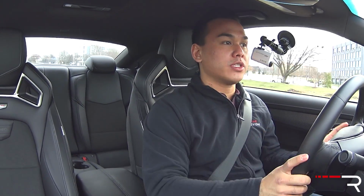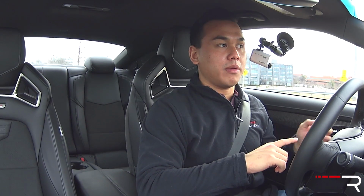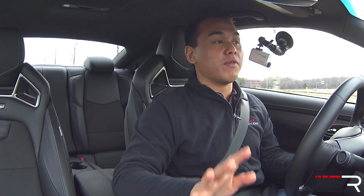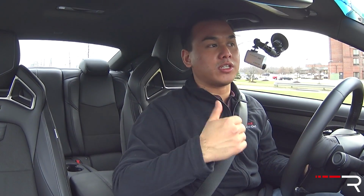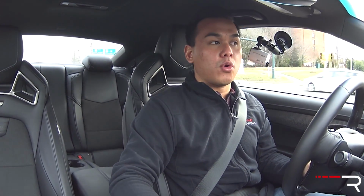But I would go for this car with the luxury package. That gives you the upgraded Bose audio, the HID headlights, the navigation system. I would also add the carbon fiber package because I like the way it looks with the front bumper, the rear extension, the side sills. The Recaro seats, they're worth every penny of that $2,300. Now, my tester is about $76,000. Equip it the way I'm telling you, and I'd probably go for a sunroof as well, as that's $1,000. It'll be around $78,000, which makes it roughly about as expensive as the M4 if you don't get the